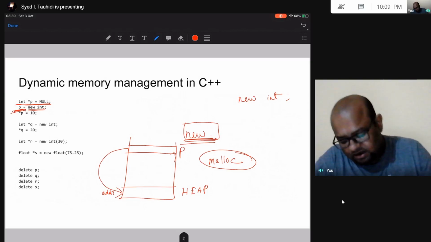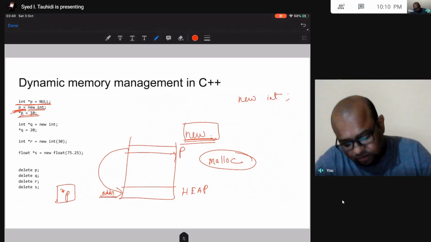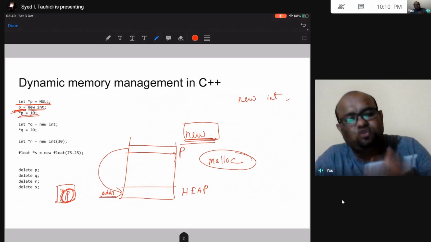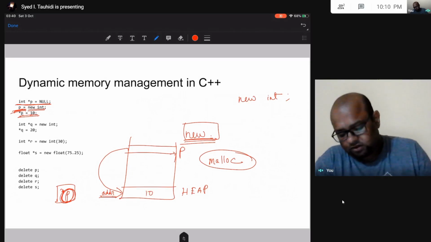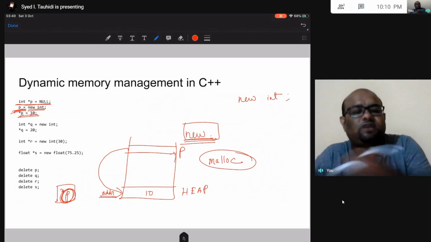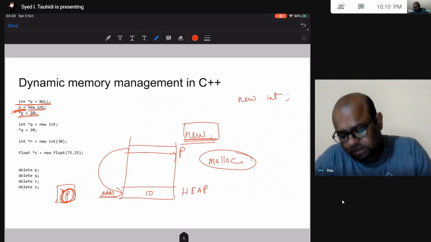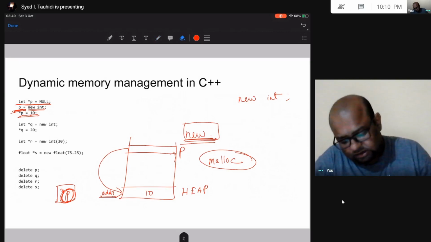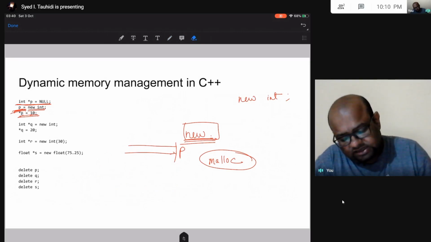And then in this line, what am I doing? I am writing to the address p is pointing to. So what will star p do? Star p equal to 10 will set the value at the address pointed to by p to 10. Star p means the value, and equal to means set the value equal to 10. So star p equal to 10, this is what it does.